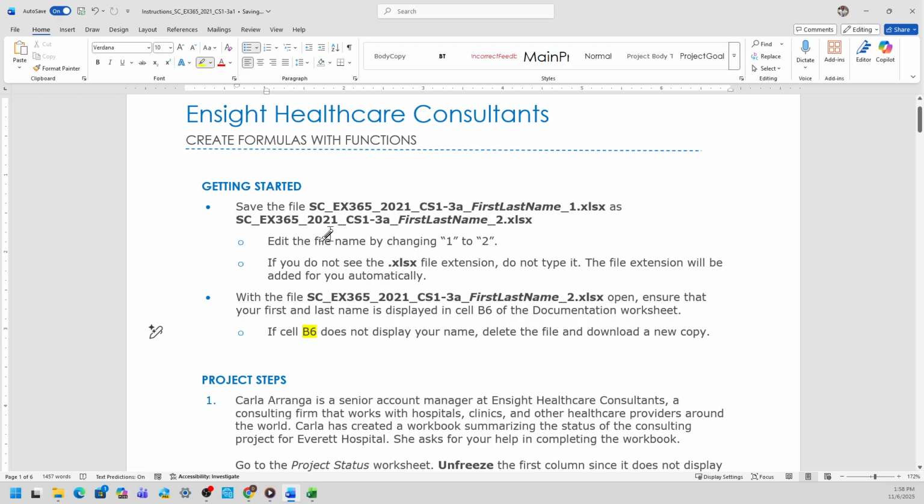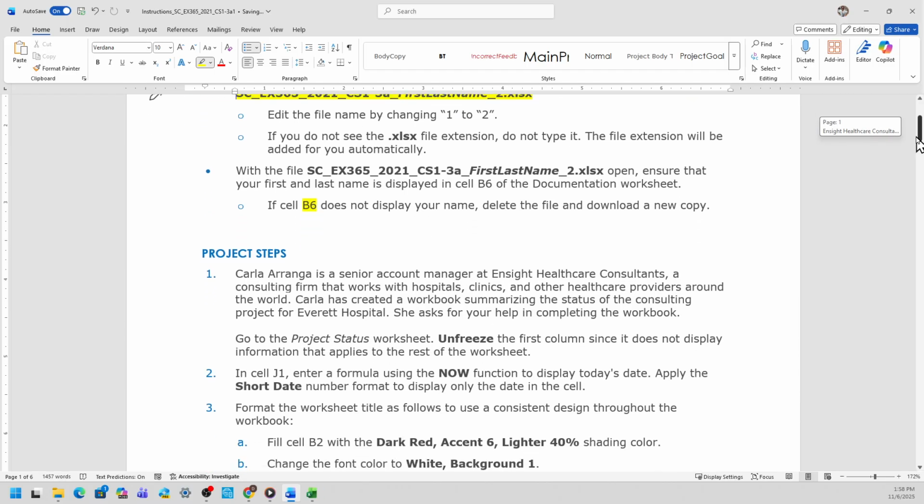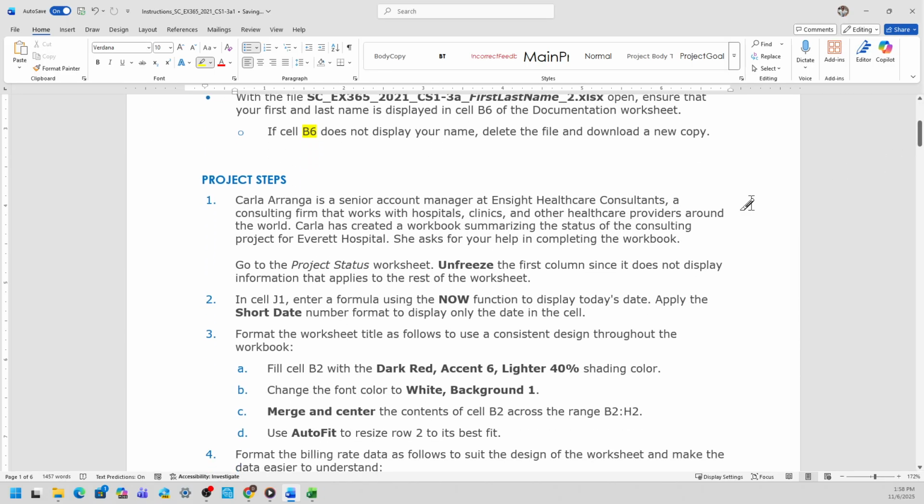Okay, so let's start. Your start file should have a naming convention, which you can see here. And we're going to rename that to SC_EX365_CS1-3A_first last name_2. Okay, and the first step is Carla Aranga is a senior accountant manager at Insight Healthcare Consultants,